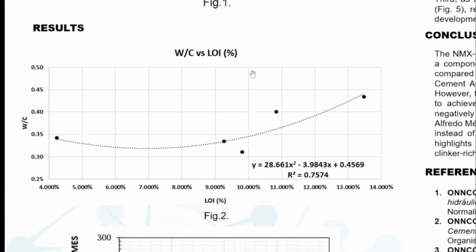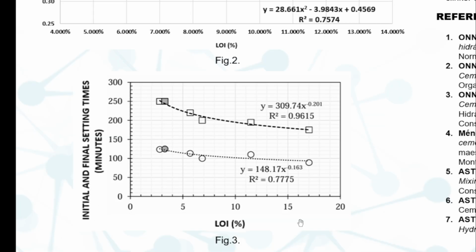Results. Relevant correlations were identified in this analysis. First, a higher loss on ignition percentage is associated with a greater water demand to achieve standard consistency, which implies a more porous structure in the cementitious matrix. Figure 2. Second, although recent research by Rafael Alfredo Méndez Páramo, 2024, Figure 3, has reported accelerated or false hydration characterized